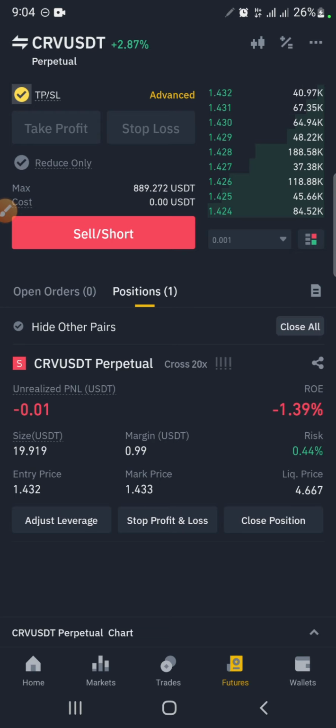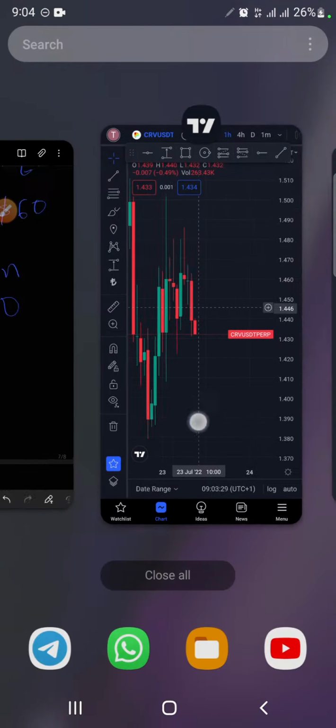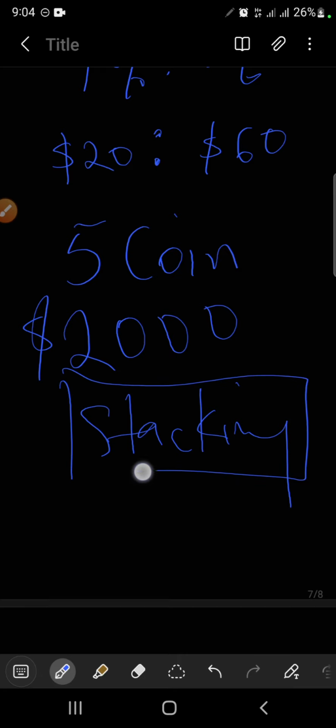For this video, there's another strategy we have. We call this stacking. We're going to teach you stacking in the next video: how to go in with small money and add money as the trade goes in your favor till it gets to your take profit. So stay tuned to that video. It will really help you to ensure that you're not losing more than you want to lose, which is the $20 according to this example.